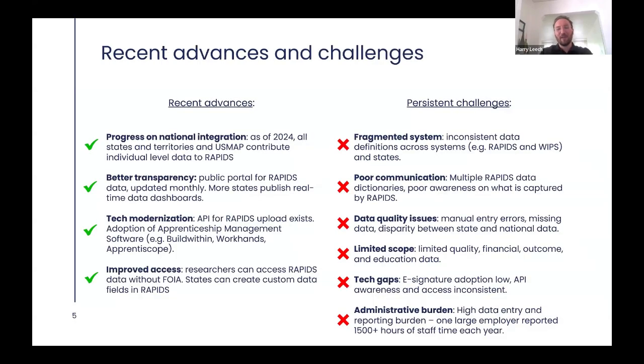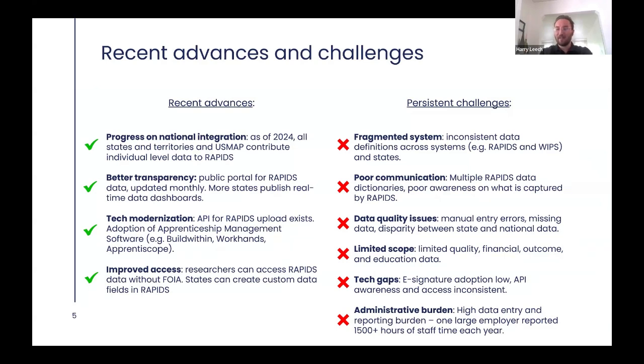Onto what we found on challenges. There's a lot in here in the report. I think this was quite a cathartic experience for the people that we interviewed and spoke to. I would say, before we get onto those challenges, start with the positives. There's been loads of progress recently, over the last decade, just to highlight a few of those.